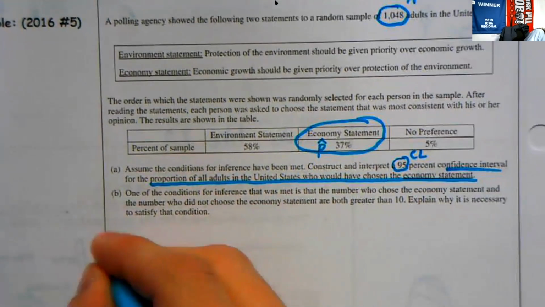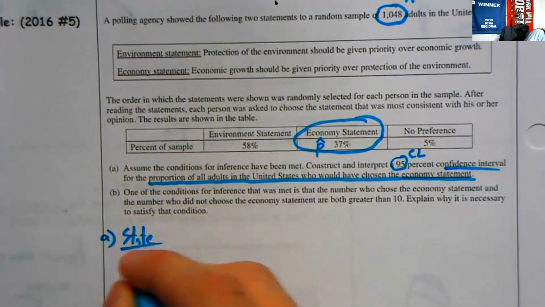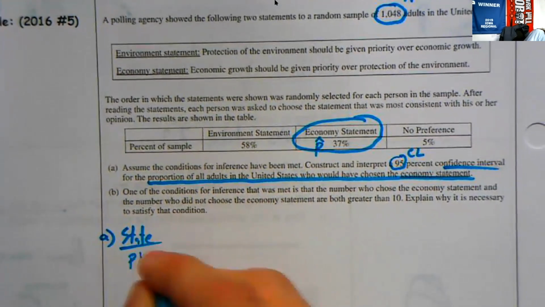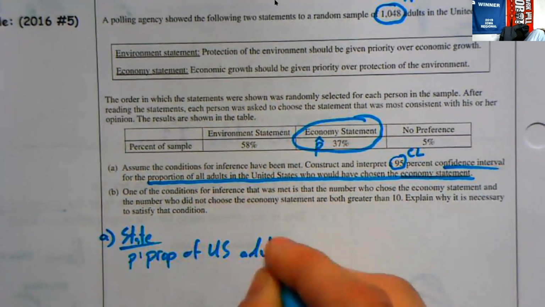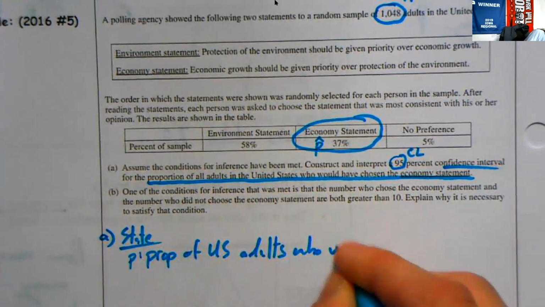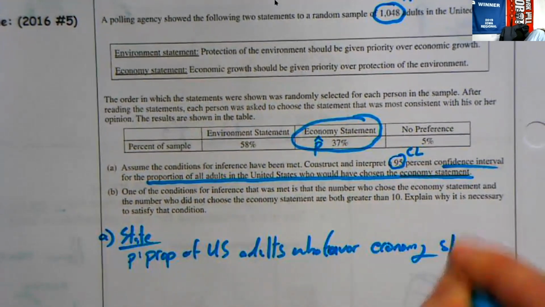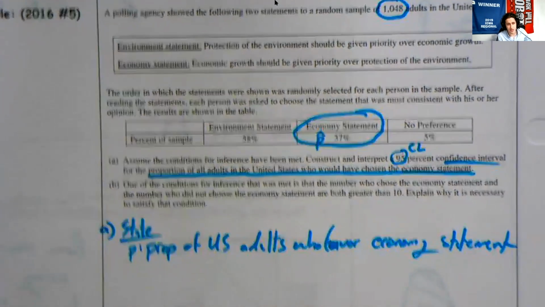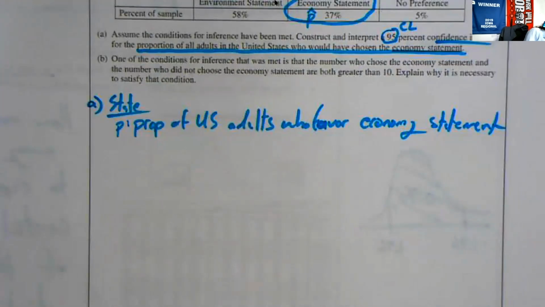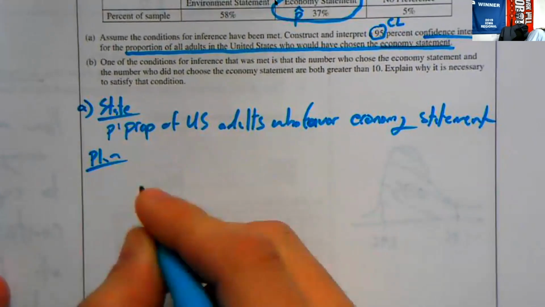So part A, state. We're going to construct or calculate p, again, the proportion of US adults who favor the economy statement. We don't know p for the whole population. We took a sample. The sample said 37%. We don't know about the whole population. Our plan here is we're going to construct